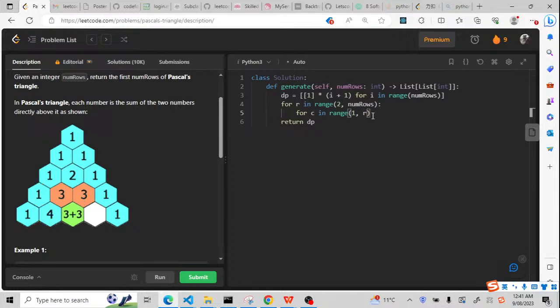And then we update the DP. The dp[r][c] should equal two numbers from the previous row: dp[r-1][c-1] plus dp[r-1][c]. Now, we need to fill in the indices. The first number is c minus 1, and the second number is c. Because, for example, when we check